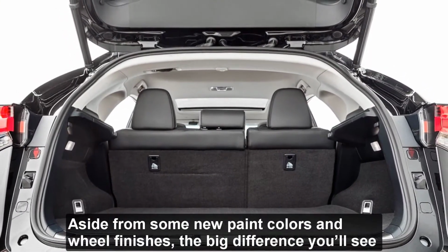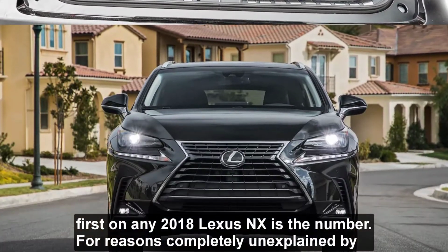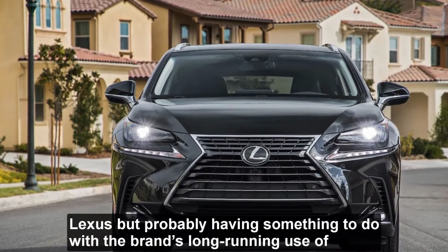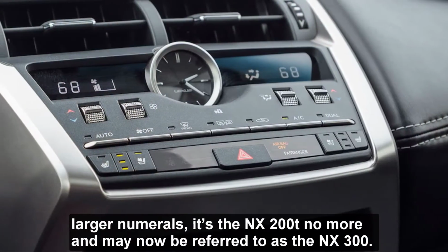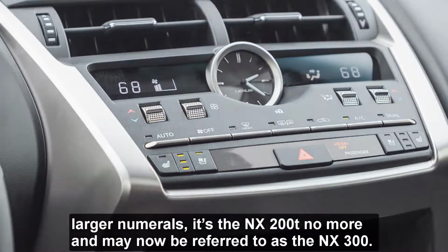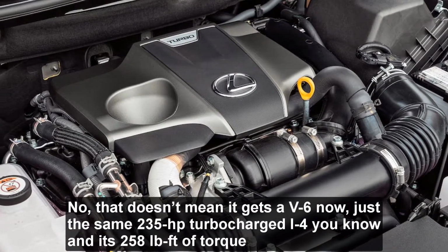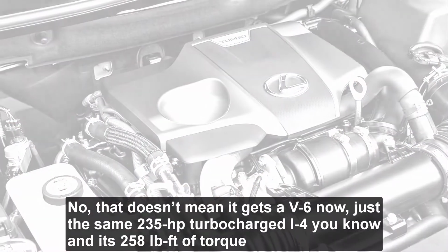Aside from some new paint colors and wheel finishes, the big difference you'll see first on any 2018 Lexus NX is the number. For reasons completely unexplained by Lexus but probably having something to do with the brand's long-running use of larger numerals, it's the NX200T no more and may now be referred to as the NX300. No, that doesn't mean it gets a V6 now, just the same 235 HP turbocharged i4 and its 258 pound-feet